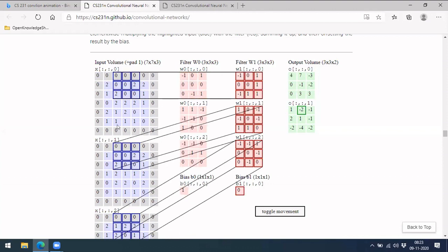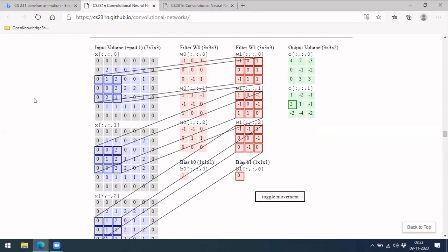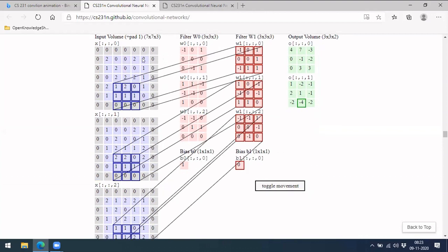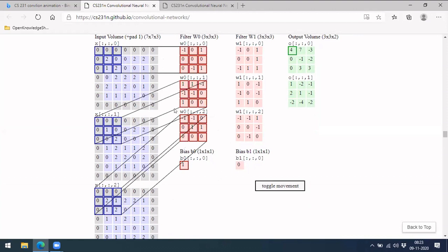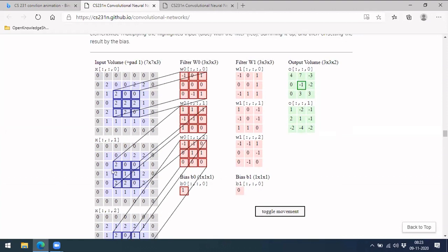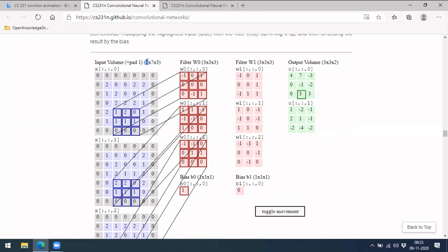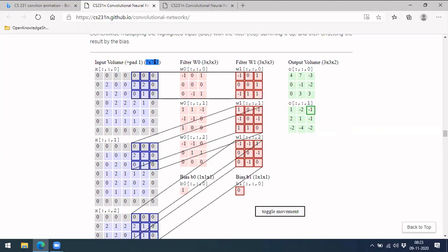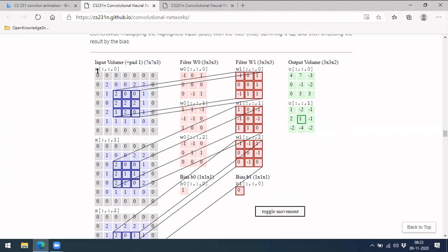So this X is an image. As we know, it is a 3-layer input, because you have RGB layers. This is the R layer, this is B, and this is G. Let's take it as a 3-dimensional object of 7 by 7 each. So your input here is 7 cross 7 cross 3.